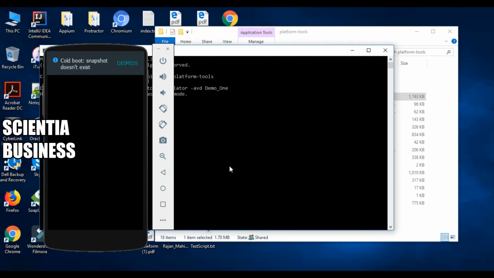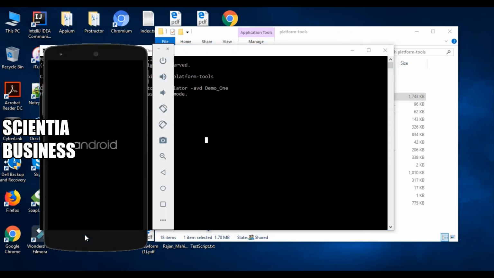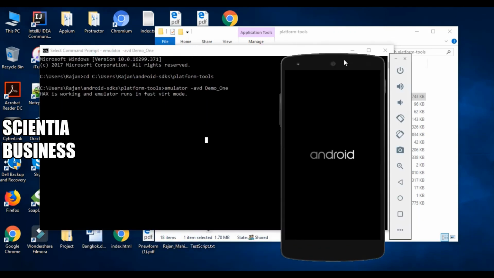The reason it gave us the error is because we wrote this command before closing the previous virtual device which was already running. So as you can see, I have now successfully closed the earlier virtual device, and after that I went to the command prompt and wrote this simple command, emulator avd followed by the name of the virtual device, right? And you can see it has successfully launched, and it will just load as it previously did.